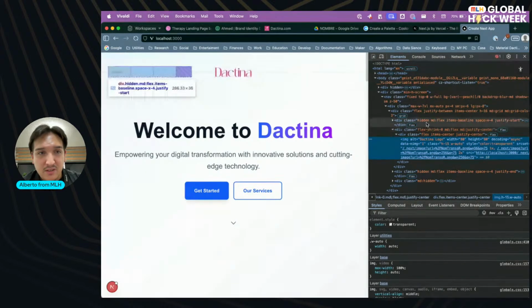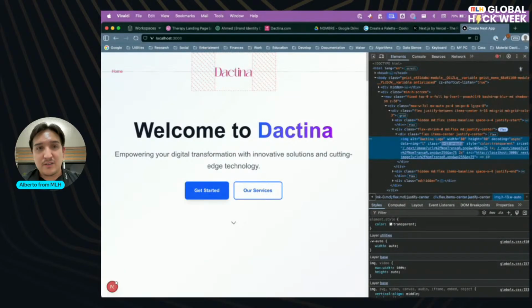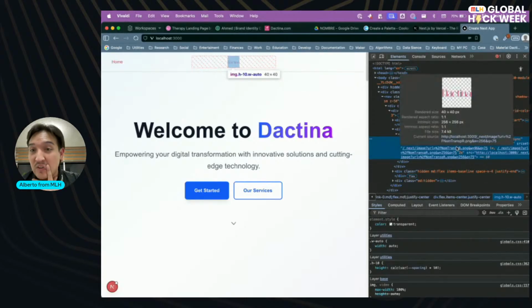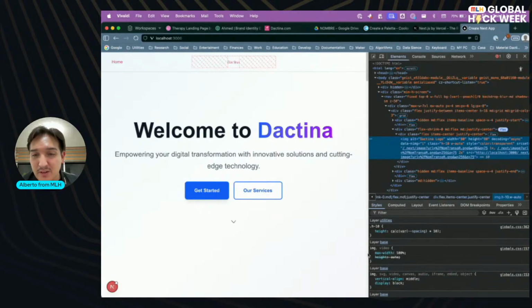But then what's happening here? That's what I don't get. Like this flex... 13. Okay, 10 again. 13 again. Let's say 11. Okay, that's the weird thing happening. Max width of 100.